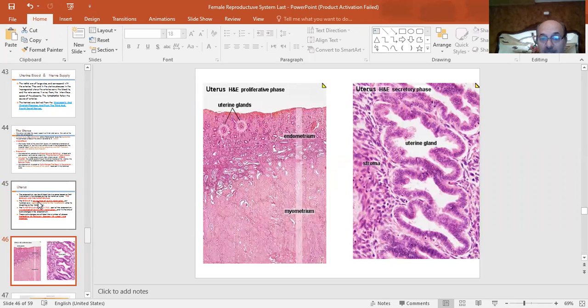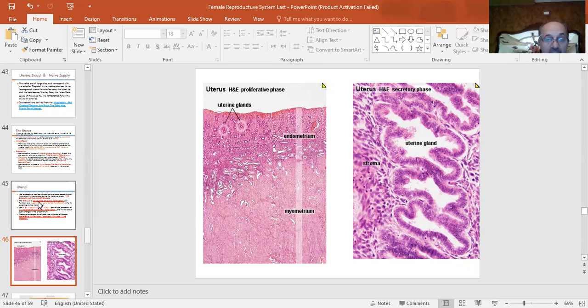So the stratum basalis is the usual endometrium that is present in the uterus. But to prepare for the possible fertilization and pregnancy, we have to grow the endometrium, and that growth we call the stratum functionalis. So what is there in the stratum functionalis? An increase in the amount of glandular tissue and the surrounding connective tissue, with an increase in the blood supply, and the blood vessels will become spiral because they are limited within that